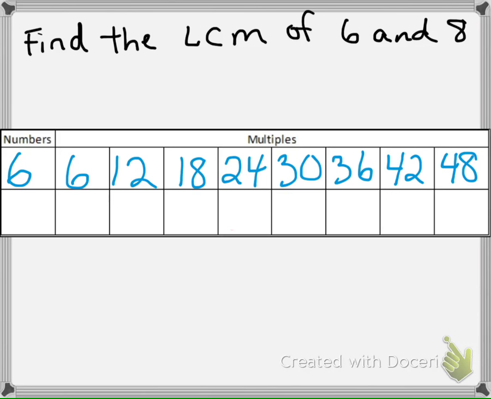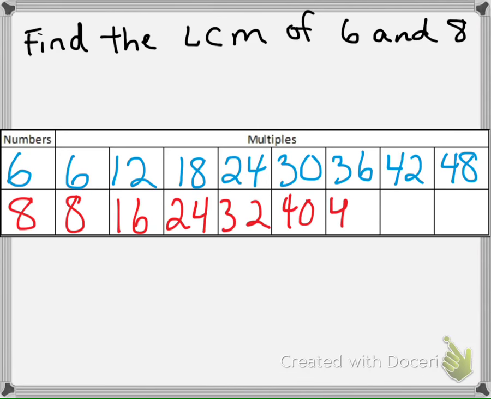And then let's take a look at our multiples of 8. All right, we've got 8, 16, 24, 32, 40, 48, 56, and 64. All right, so you can see that they actually have two multiples in common, 24 and 48,